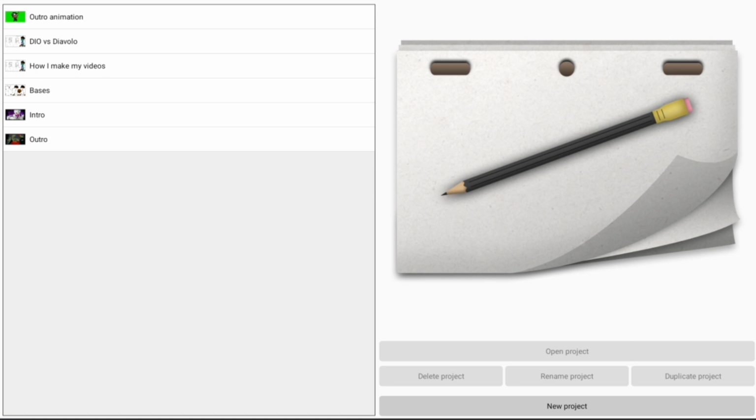You can get it from the Google Play Store. It might be on the iPhone App Store too. I don't know. I don't have Apple products, but I do have Android products, and I do know that it is on the Play Store. So if you guys want to get an animation software, I highly recommend RoughAnimator. It has no watermarks, and if y'all want, I'll make a video on how to use RoughAnimator.